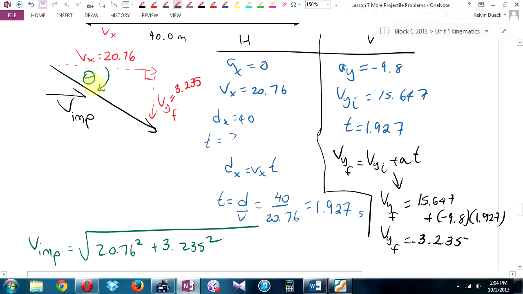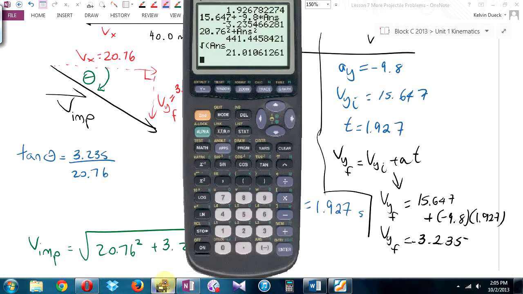Tangent. I think I can do that actually right here. I think I can go tan theta equals opposite over adjacent, 3.235 over 20.76. And I get, oh, not a big angle. It's barely reached the top. It's just barely on its way down. Only,